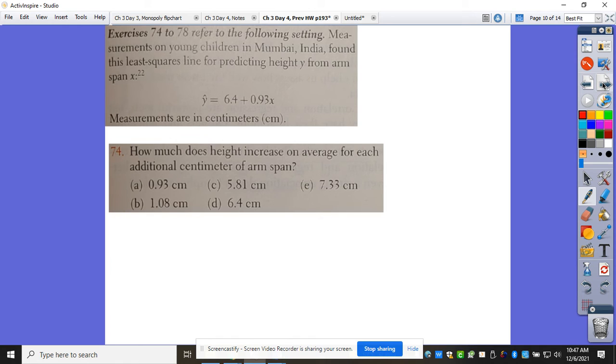This one gives us an equation. 74 is an okay question, but I think it's too easy. How much does height increase on average for each additional centimeter of arm span? 0.9. So this is just asking what? Slope. Because slope is